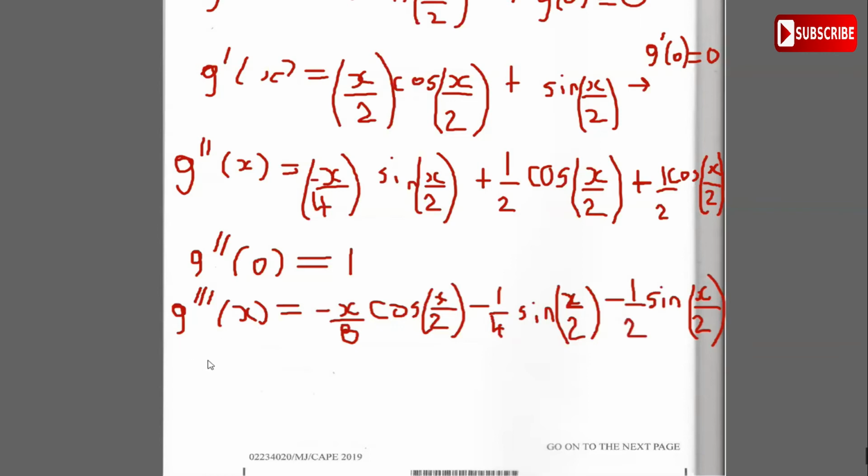And what does this mean? This means that we're going to get that g triple prime of 0 is 0. That's what we're going to get. G triple prime of 0 is 0. Nice. All right, so continuing right along now, we have g prime prime prime prime of x is going to be equal to,